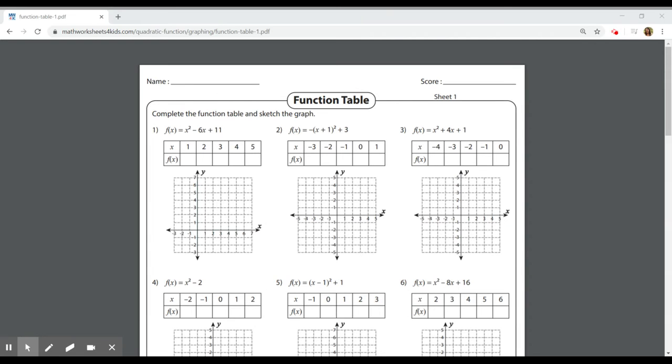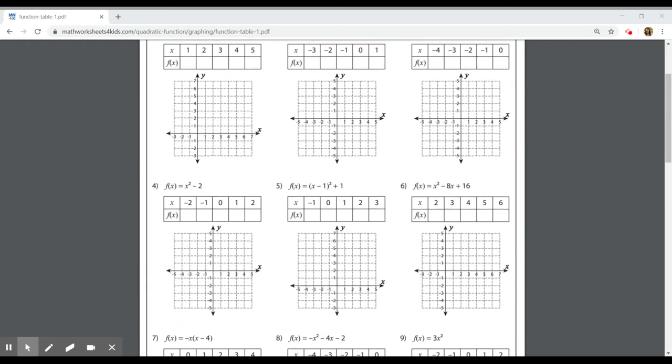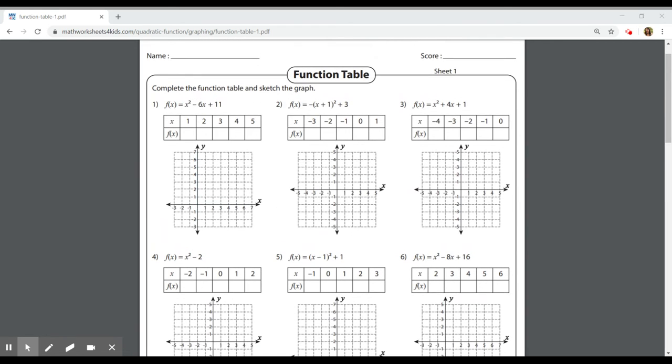For this worksheet on graphing quadratics or parabolas from a function table, I'm going to model some main ideas in the first three, and then you're going to try the next six on your own. One thing that's going to be really important to pay attention to today is sign,